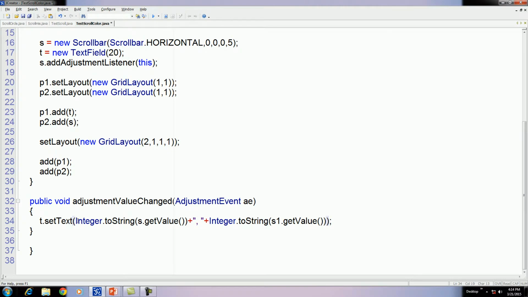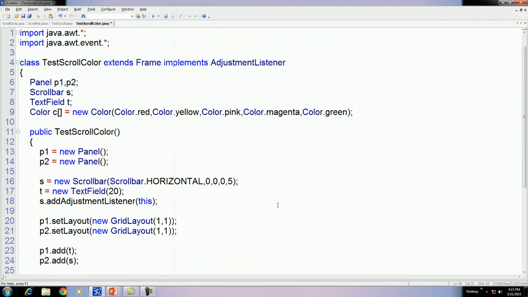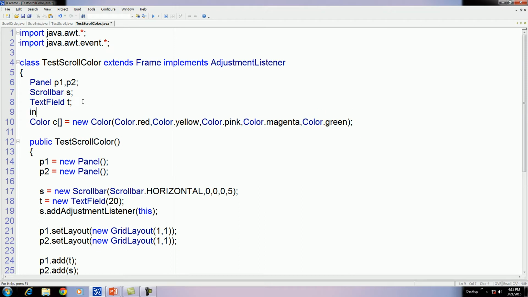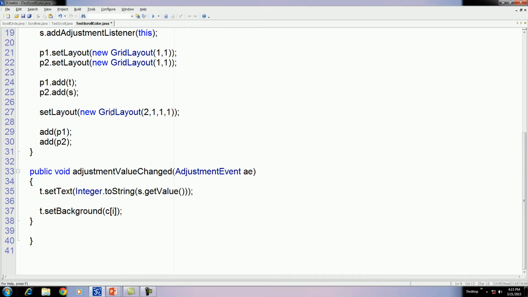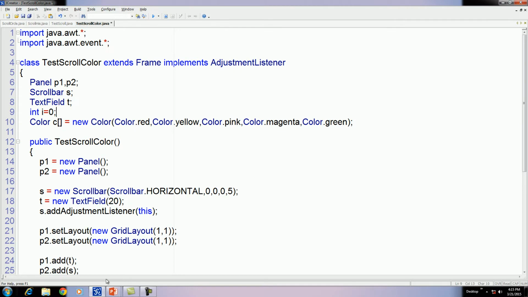Now you can also display here the value, it is fine, but here we want the main logic, we want to change the back color, therefore t dot in bracket c of I. Before that, let us create a global variable I, which is set to 0.